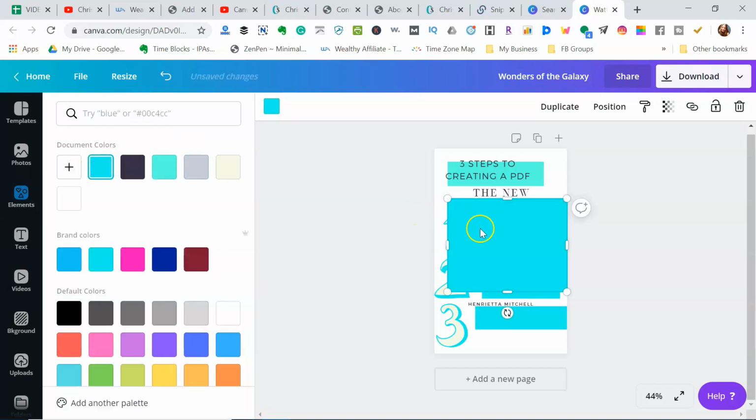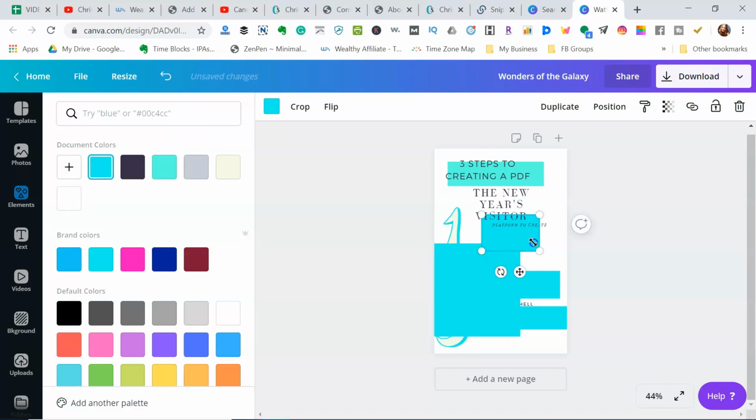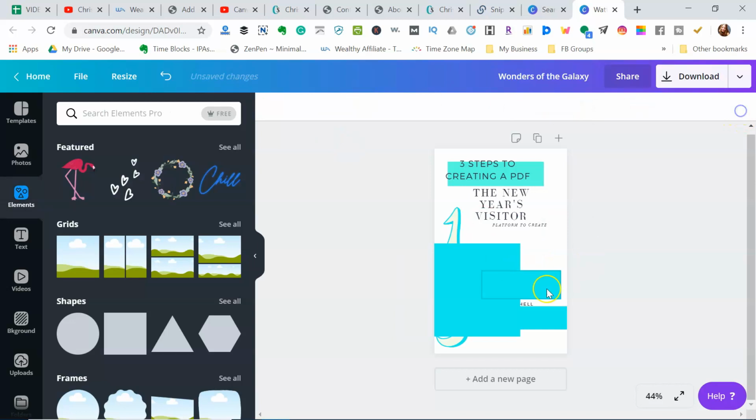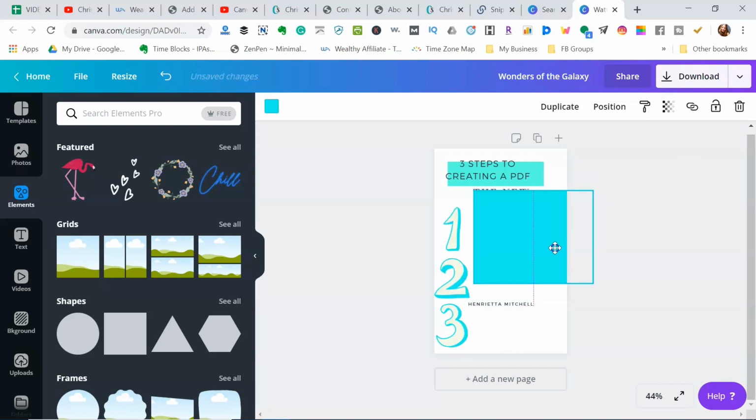So I'll do that because it's easier for me to enlarge it, because this one doesn't let me do that. So I'll just delete all those boxes, and then I'll bring this here, and I'll shrink it a little bit, enlarge it, maybe shorten it, and then